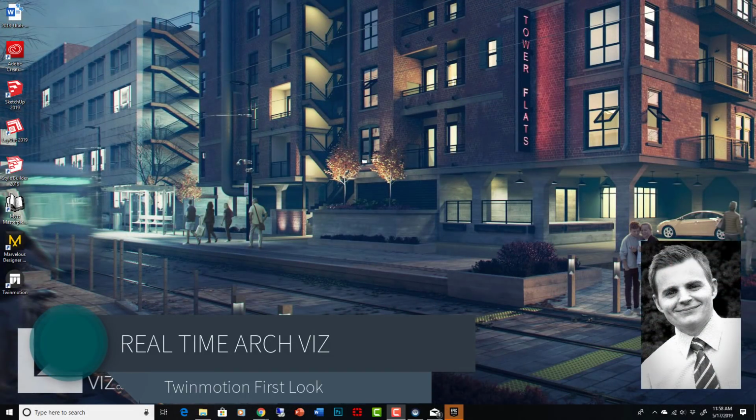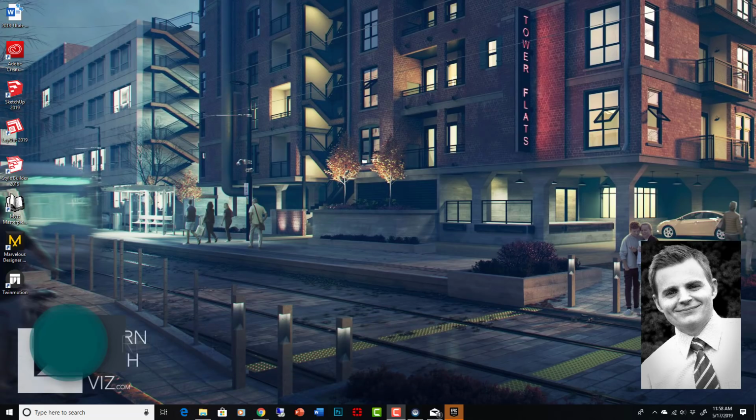Okay, everyone, I'm going to give you a little first look at Twinmotion with Unreal Engine. If you don't know, Epic Games has acquired or partnered somehow with Twinmotion, so now it's available in our Unreal Engine launcher, and it is just available for free right now until November of 2019. And I want to take a look at it and see what it means for kind of the ArcViz world